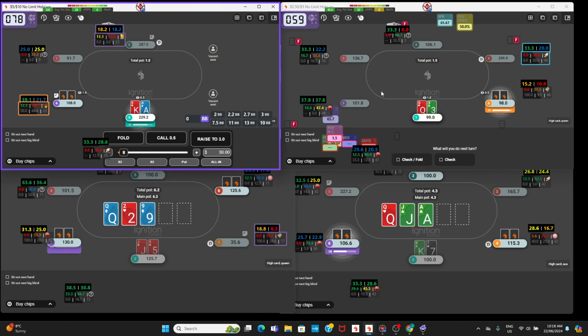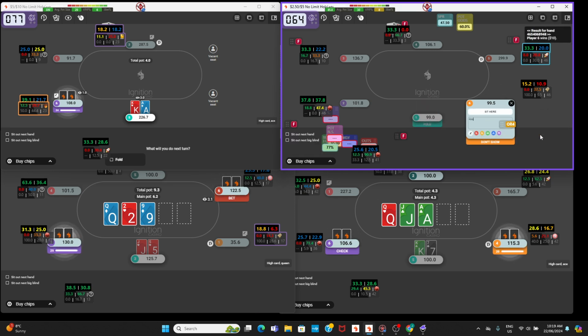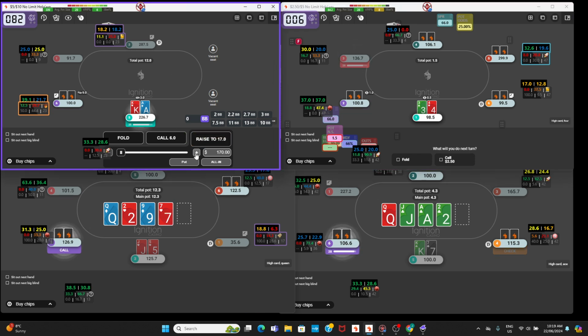Obviously opening up the ace king. We see a 4 big blind open from the small blind, just going to be folding the queen 3 off. 4 big blind from small blind. I mean, this guy looks like a reg. It's going to be some sort of exploit strategy, I'd imagine. So ace king here, I often will just play jams here